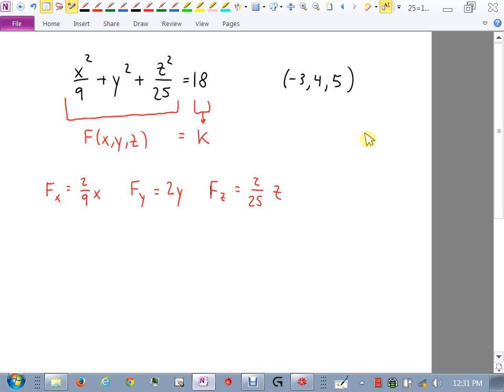Now, remember what we're trying to do is find the normal vector for this plane. We're trying to find the a, b, c. So we need the partials. Now we need to actually plug this point into these partials. So I need the partial with respect to x at the point (-3, 4, 5). But really, because the partial with respect to x only has the x in it, I only have to worry about the -3. So -3 goes in there, becomes -2/3,